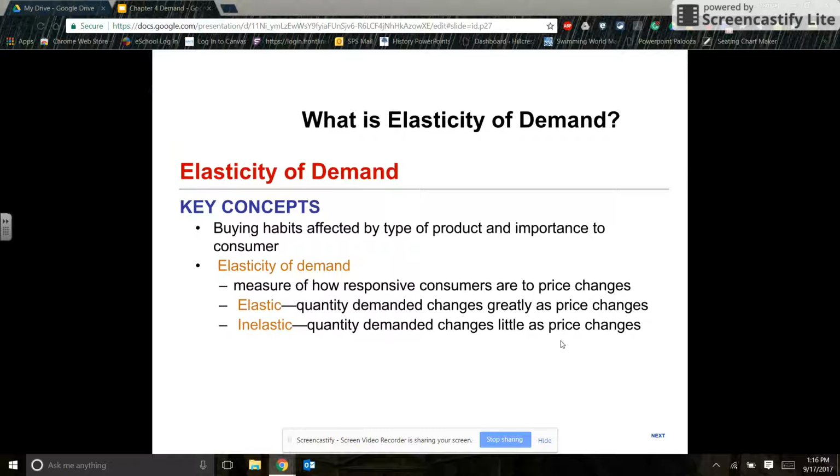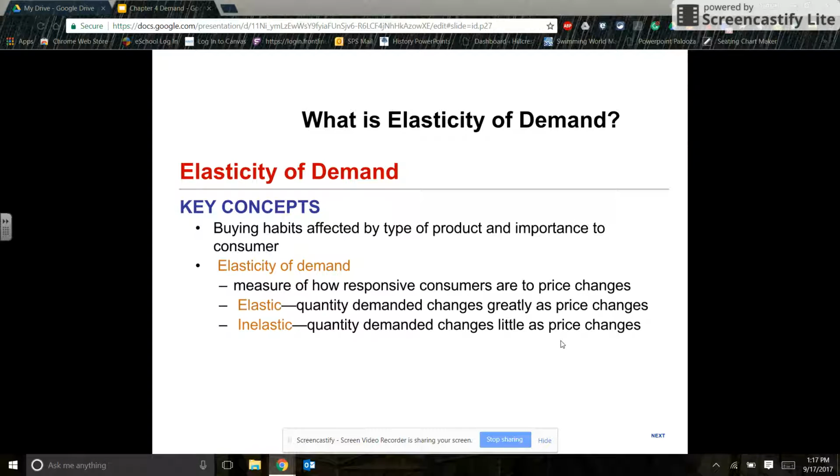So elastic is simply, think of it as a stretch band on a pair of pants. The idea that the more you demand, the more the price changes. As price goes up on an item, demand diminishes. It changes, just like the waistband on a pair of pants changes, the same way demand is going to change for an elastic product.